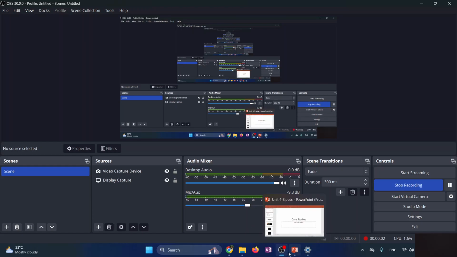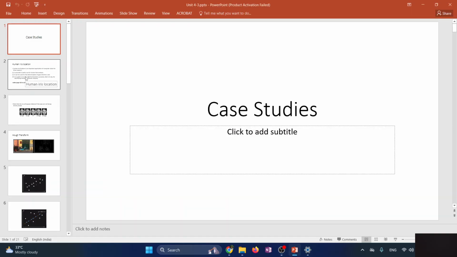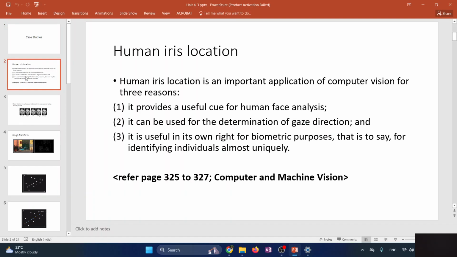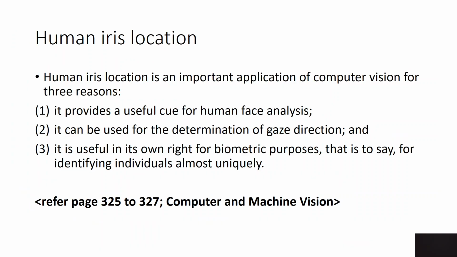Okay, so let us discuss the Hough transform. But first, let's discuss the case studies. First of all, let's discuss human iris location. So the iris part of the eye is, for example,